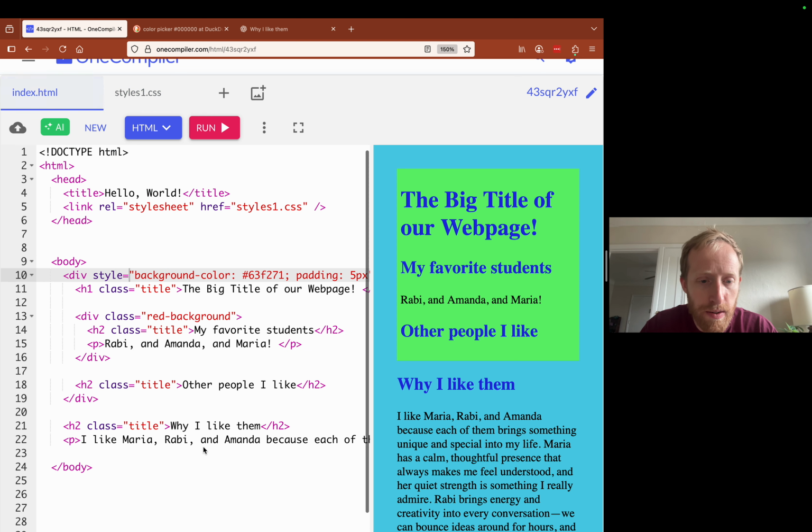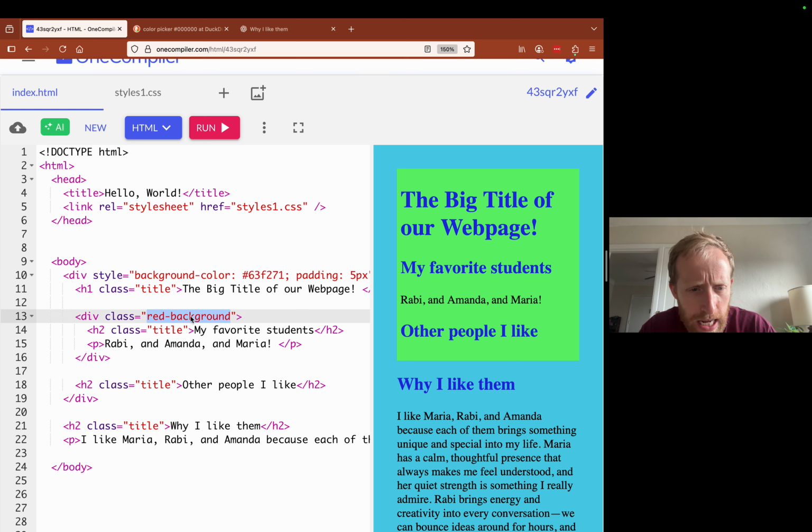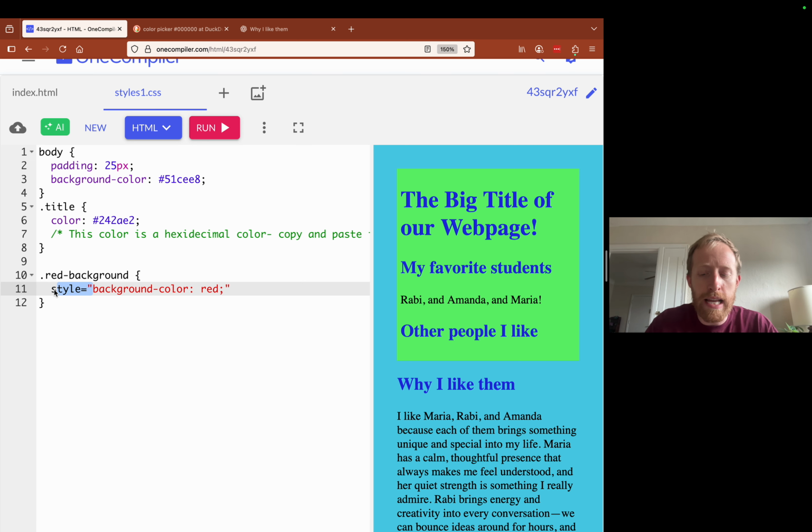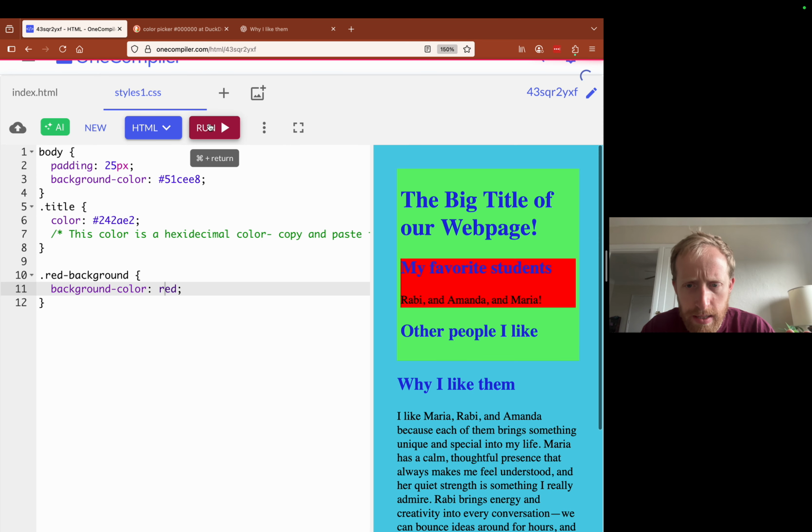You'll notice there's a hyphen here, so it has a hyphen here. So red hyphen background, and then I'm going to leave that same CSS property, so background color is red. So now if I run this, it should have the red background again, okay?